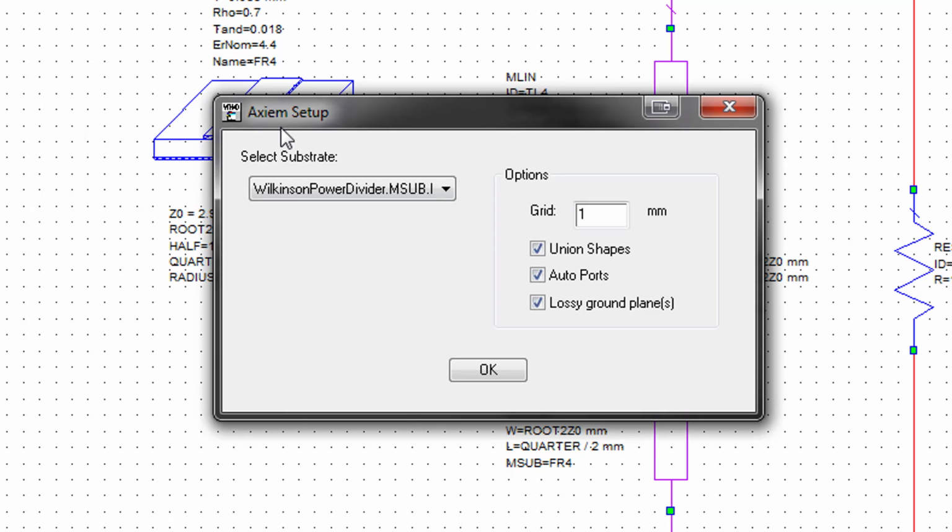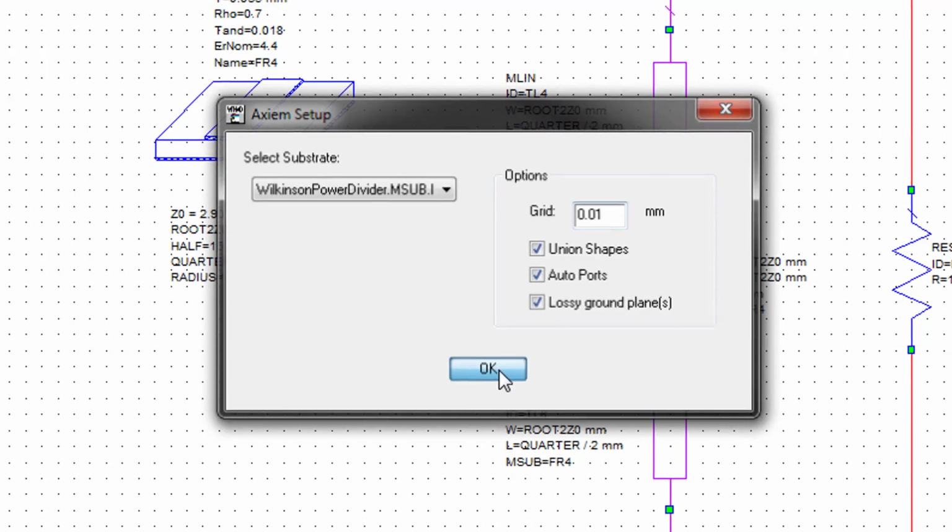It says AXIEM Setup. Select Substrate. In the drop-down menu, we only have one substrate. It's our FR4, so we leave that as default. We will change the grid to 0.01 millimeters. This has to do with meshing and EM simulation things that we're not going to get too deep into. Just for this simulation, 0.01 works just fine. And so we're going to go ahead and we are going to let this set the stack up for us. And when you hit OK,